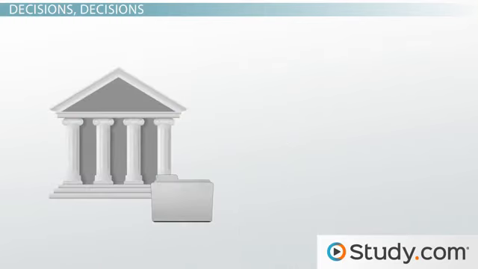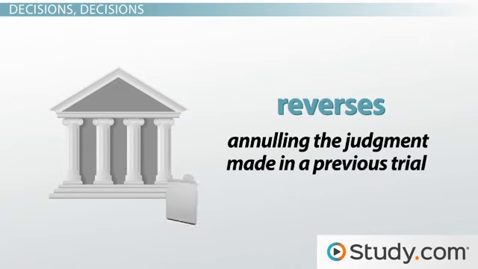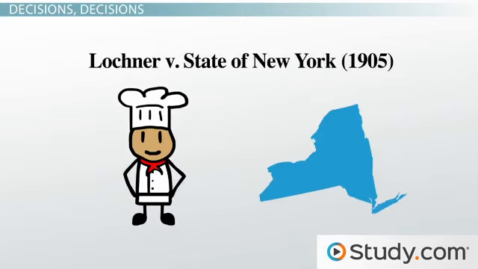There are times when an appellate court actually reverses the decision of a lower court ruling by annulling the judgment made in a previous trial because there was a violation of law or constitution. Specifically, in Lochner v. State of New York, 1905, the state